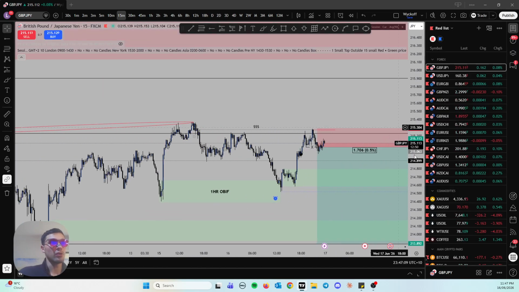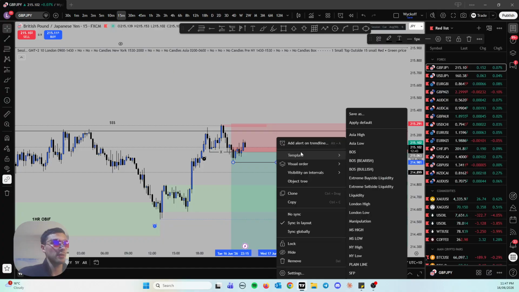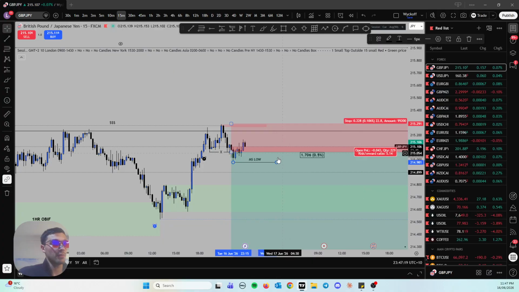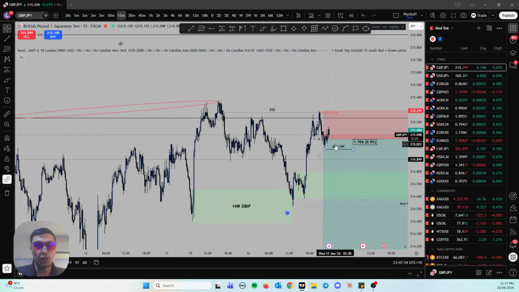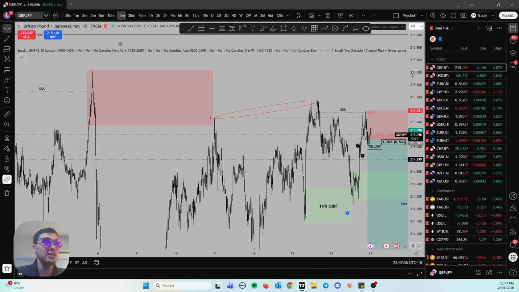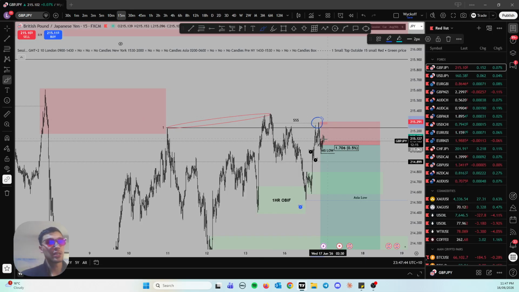Nevertheless, I'm still waiting for us to close. If we can close below here, this is our market structure low. The second we close below this on the 15-minute, this for me is a valid break of structure. Otherwise, if we don't close below this and we continue going higher, the second we sweep this little high right there, I will circle it for you all. The second we sweep this